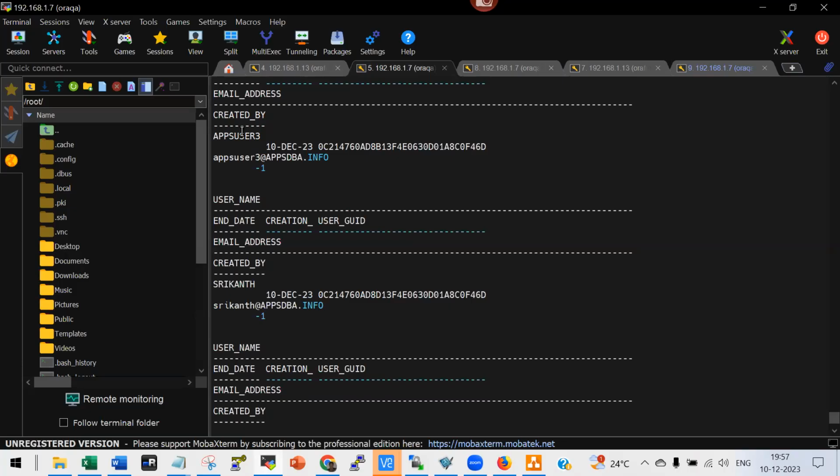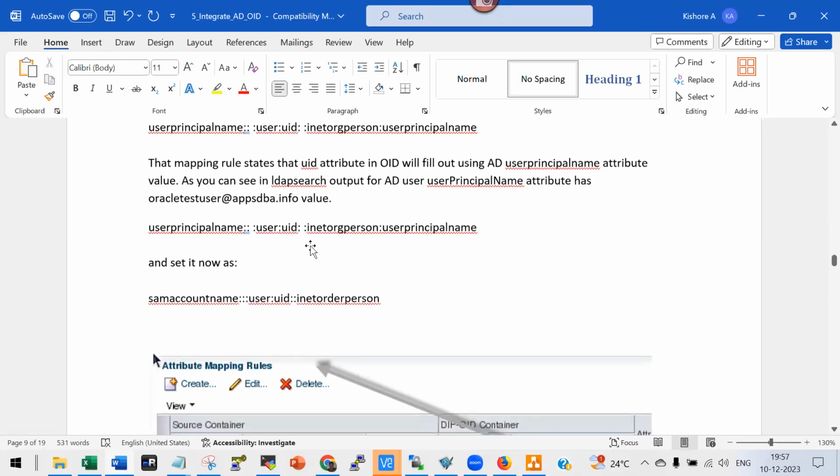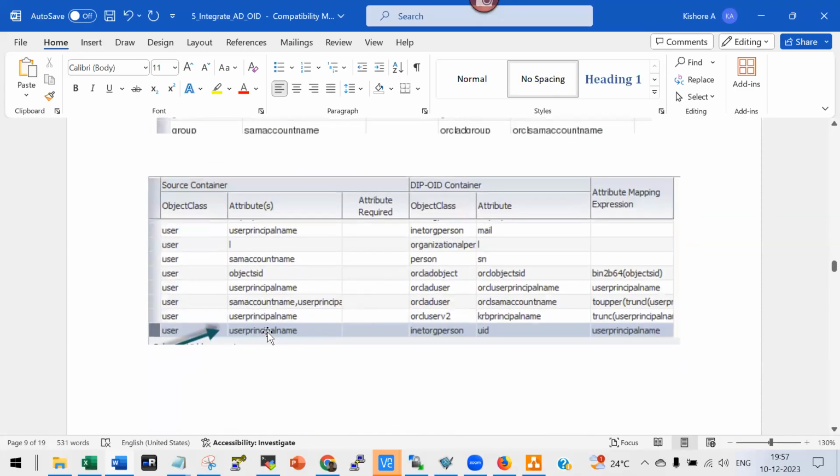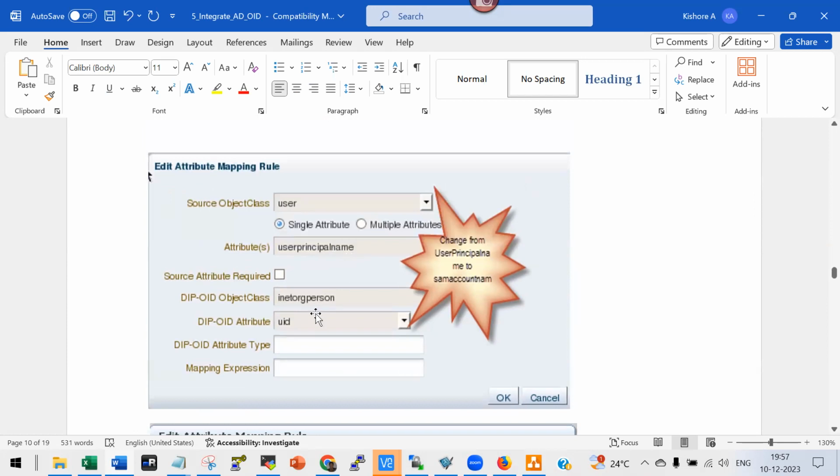I have to remove that @appsdba.info because nobody will log in as Srikanth@appsdba.info. So a small mapping has to be changed. You have to change this attribute: take the SAM account name, I guess. You change the user principal name to SAM account name, because the SAM account name in AD,